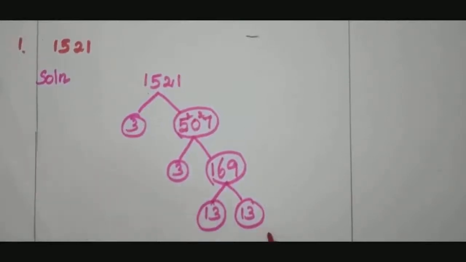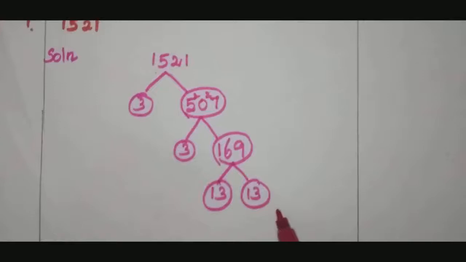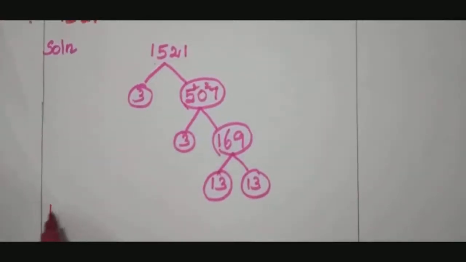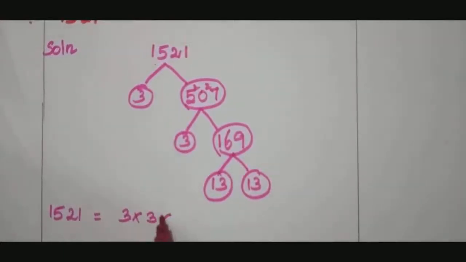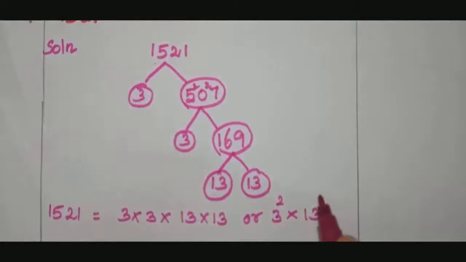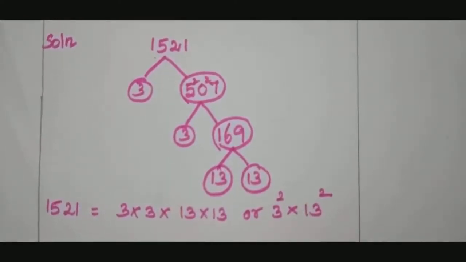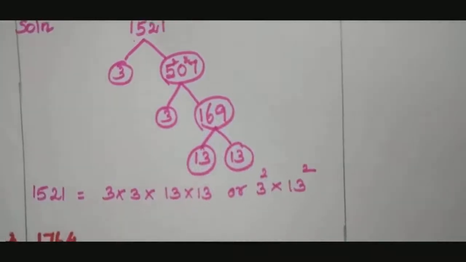Now you have reached the prime numbers. Further we cannot simplify this one. So you can write the factors of 1521 is equal to 3 into 3 into 13 into 13, or you can write this one as 3 square into 13 square. Is it clear, children? Yes. The second question,